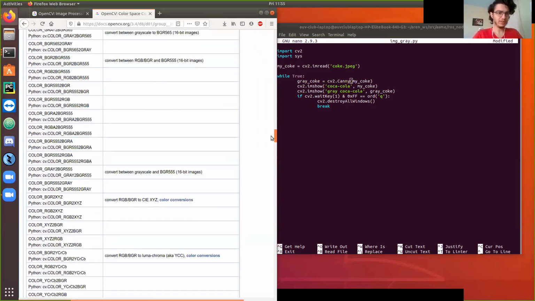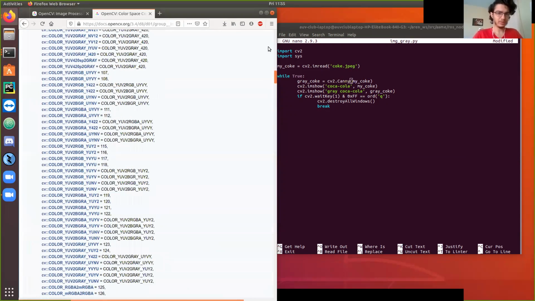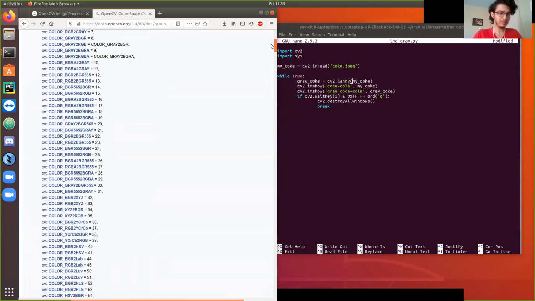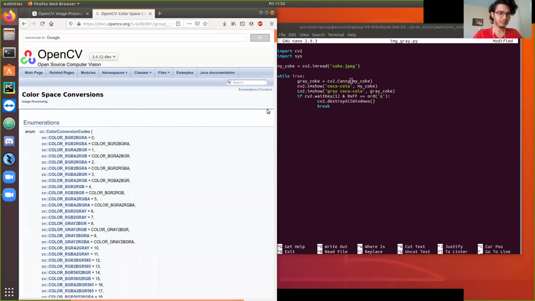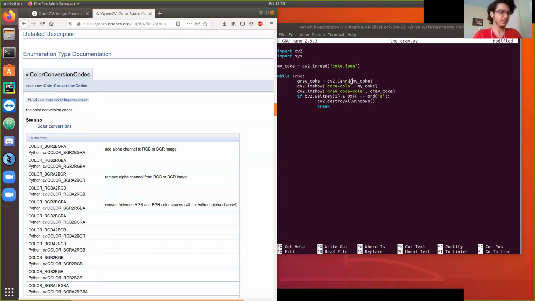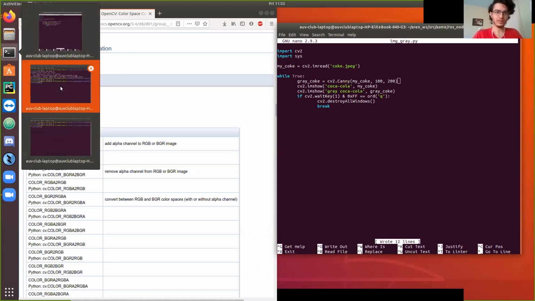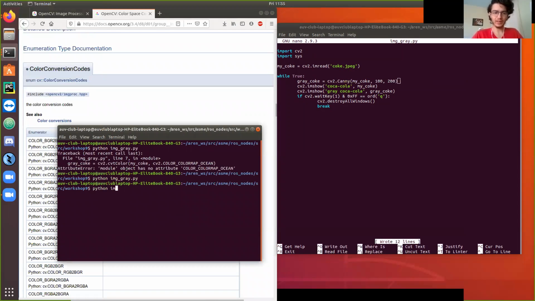If I grab this and go all the way up here, that's color conversion. All right, anyway, I'm just going to ignore the side on the left. We have cv2.Canny, and what you give it is your image, and then you give it a certain threshold. And if I save this and I come over here and run it again,